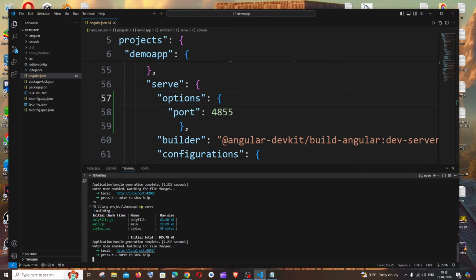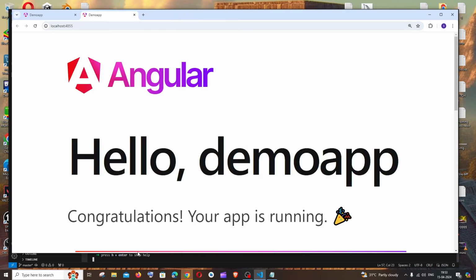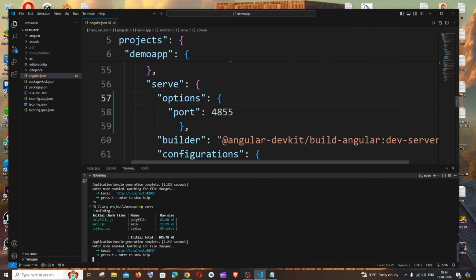Here you can see this time the port is not 4200 but the port that we have specified over here. If I click it, it's on port 4855 and port 4200 won't be working right now. Yeah, so this is the first way, and the second way is going to be by making changes in the